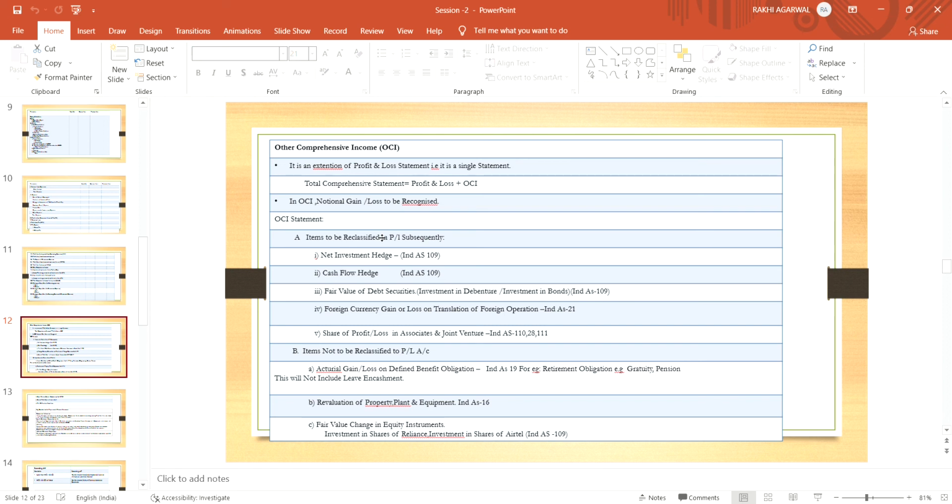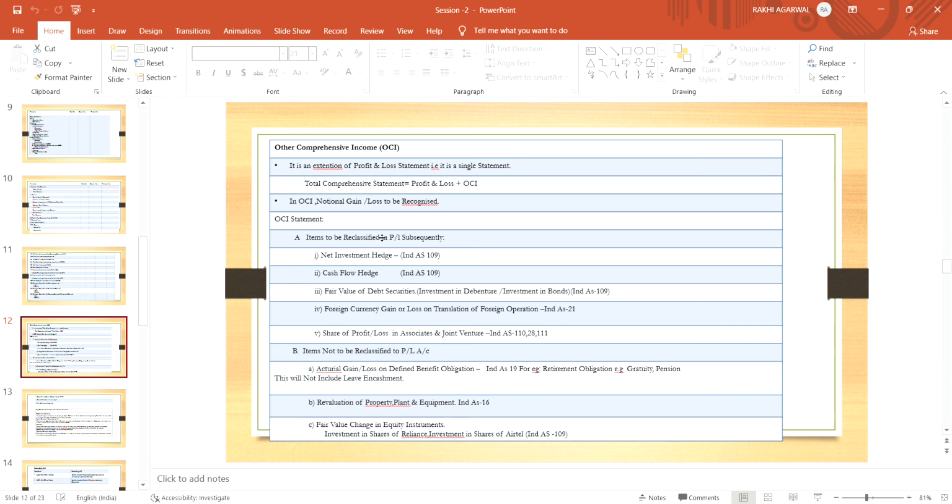Any tax and deferred tax impact is to be disclosed. Now, items not to be reclassified to P&L, like actuarial gain and loss on defined benefit obligation, we will discuss in detail in Ind AS 19. For example, if any retirement obligation is to be paid, like gratuity, pension, it is to be disclosed,